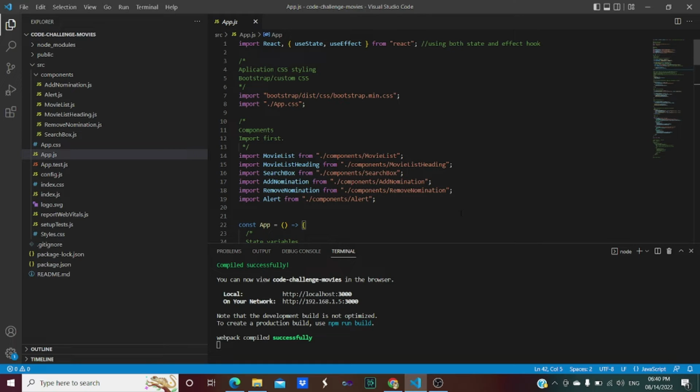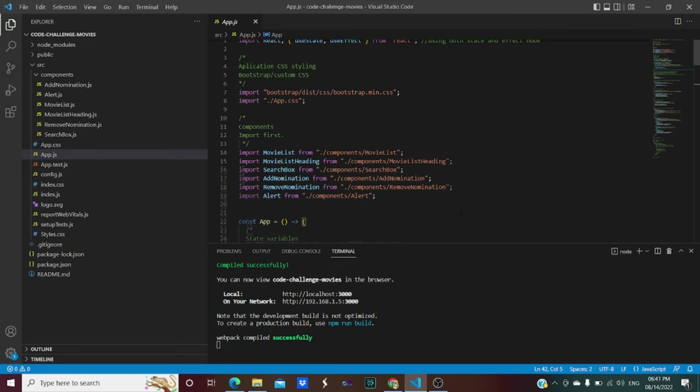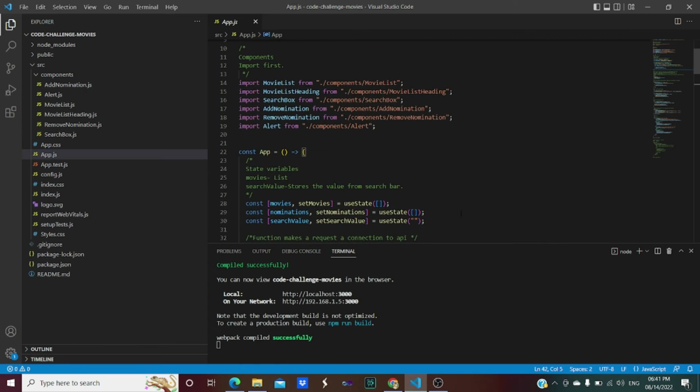And as you are able to see over here, state and effect hooks, components, each and everything are used over here. So obviously we need to import the components which we have already created. Six components that we have created are to be imported within this file.